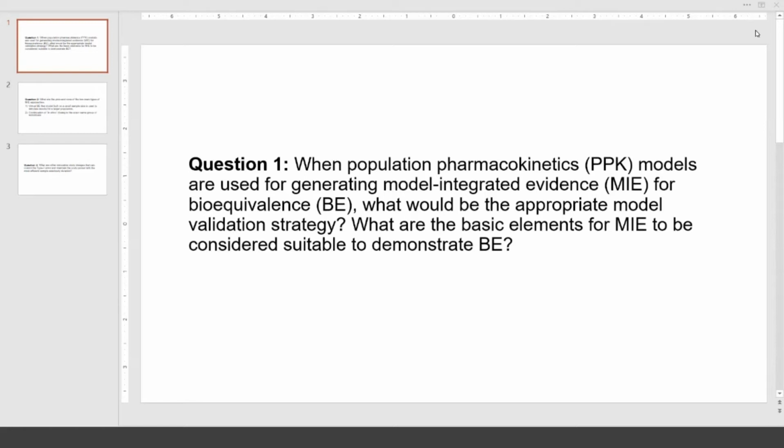But if we want to really understand whether the uncertainty has been sufficiently characterized, we may use numerical predictive check, and we also want to use some other types of validation techniques, like MPDE and other